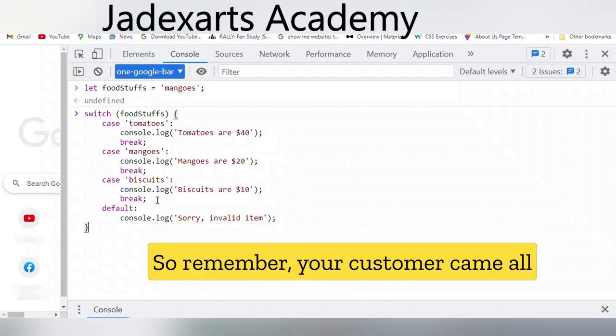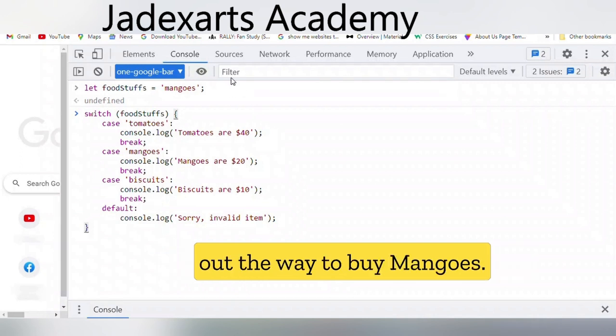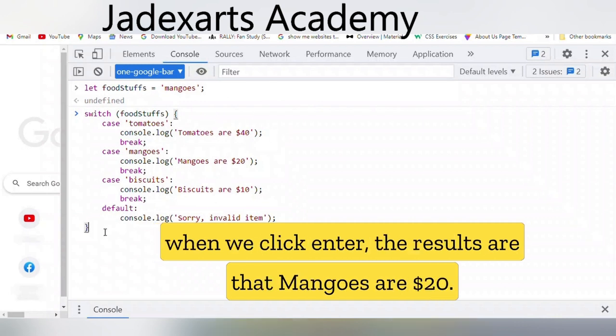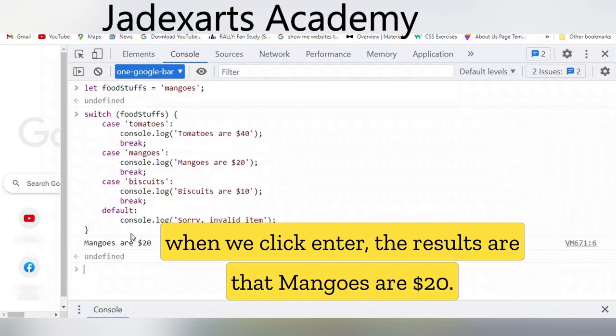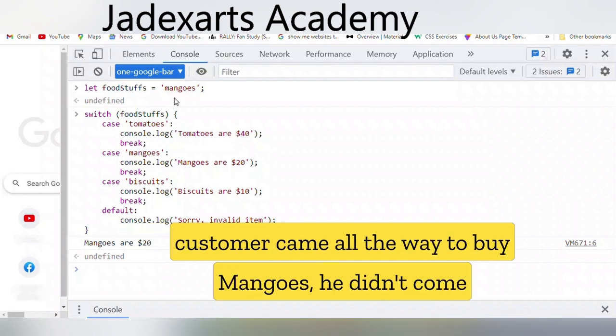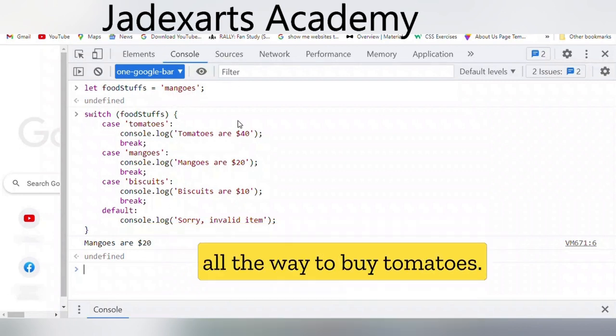So remember, your customer came all the way to buy mangoes, so out of all the cases plus the default, when we click enter, the result is that mangoes are $20. And why it showed mangoes is because your customer came all the way to buy mangoes. He didn't come to buy tomatoes.